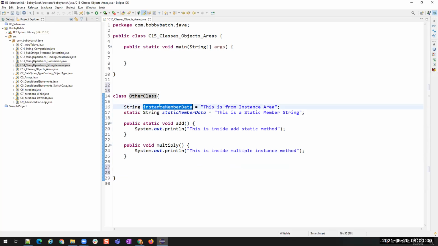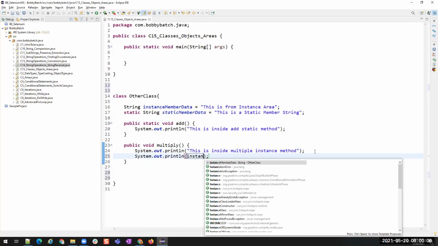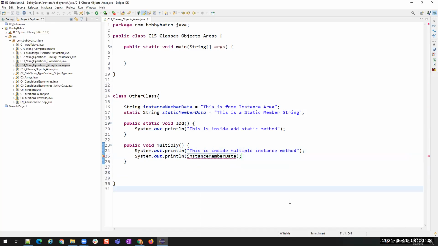So if I want to use this instance member data, I can use it directly. I don't have to create any object. It is not throwing me any error. This instance member data is accessible inside this instance area.